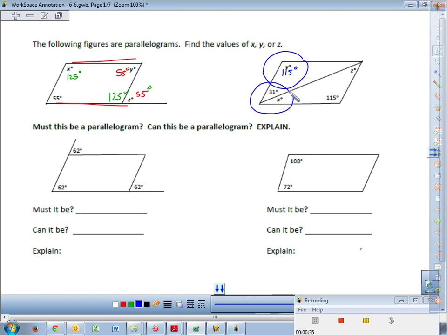These two whole things put together should add up to 180, right? So if you take 180, take away 115, and take away 31, you'd be left with that. That works. Let's try another, easier way. If we find z first, it'd probably be easier, in my opinion. How can we find z right away? Is this and this alternate interior angles? And being how these are parallel to each other, right? So how much has that got to be? 31 degrees. Cool. And now, whichever way you do it, you're still going to take 180 minus 115 minus 31